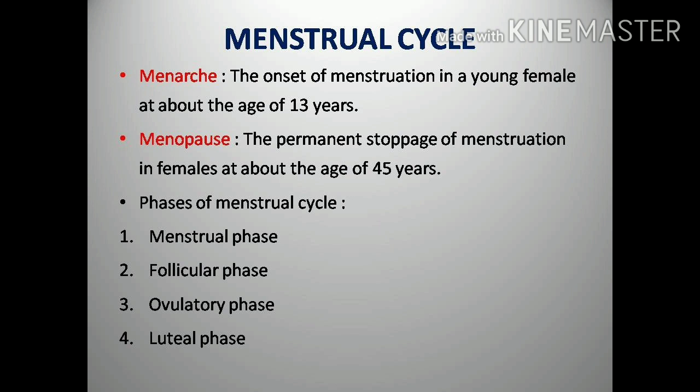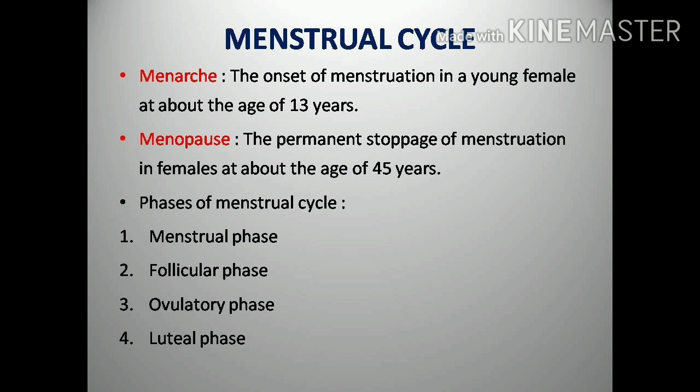So, it takes place from the 15th to 28th day. In the 15 to 28 days, the wall of the uterus becomes more thick. More supply of the blood takes place. If the ovum is fertilized, the corpus luteum continues to release progesterone and so keeps the uterus in a state suitable for implantation. Here, if the egg is fertilized, then it releases more progesterone hormone and stops the maturation of another egg in the ovary region.